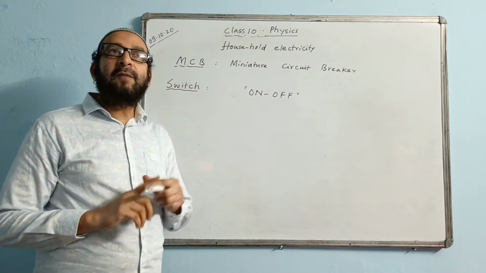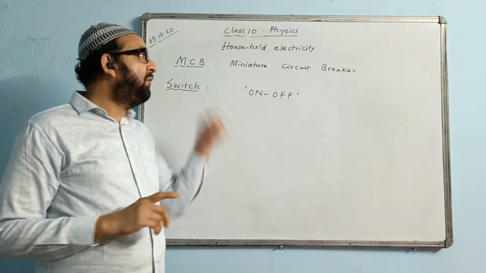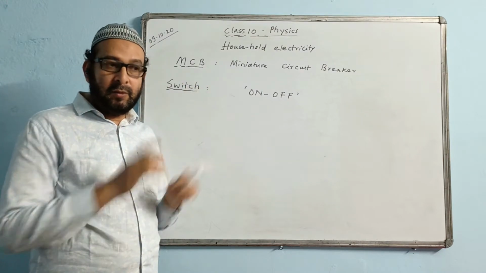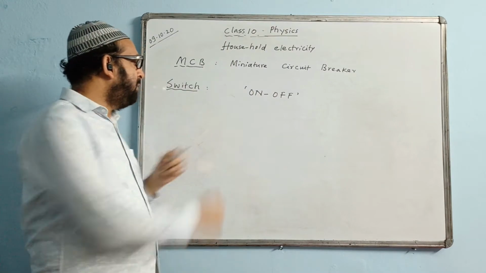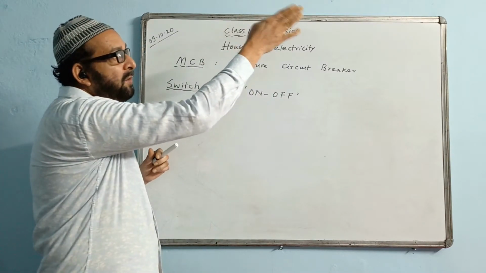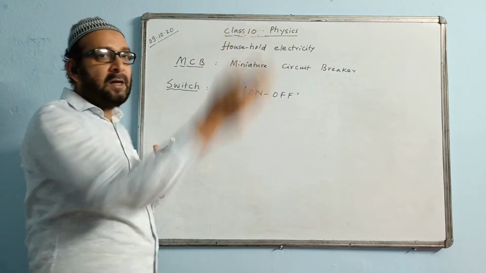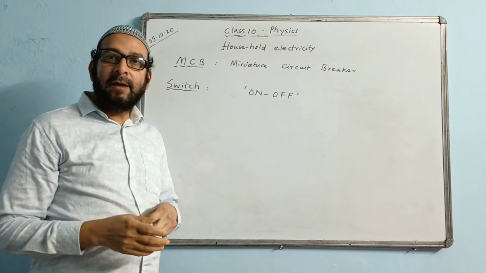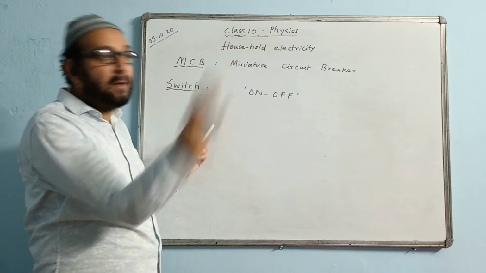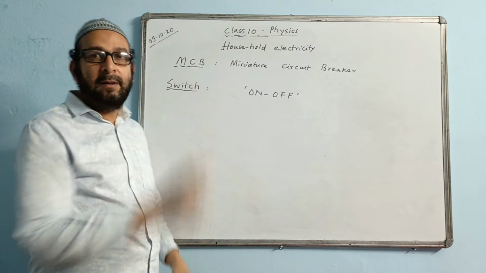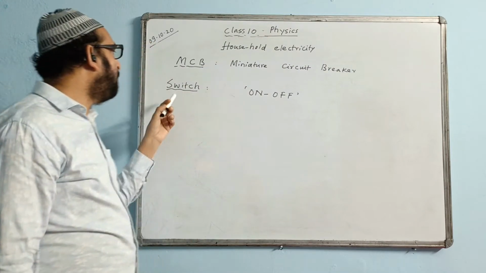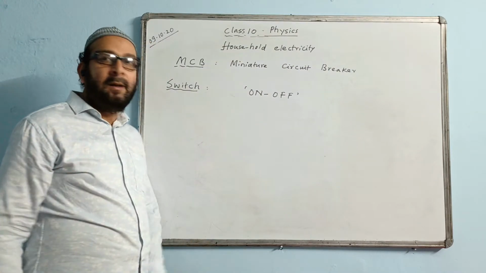So to which kind of wire is the switch connected? Switch, fuse and MCBs are connected only to the live wire, and also in series combination. Because when you switch on, the current will flow, reach the appliance, and the appliance starts working. You must not connect the switch to the neutral wire, because through the neutral wire the current will be coming out from the appliance. So these are the points you have to know about the switch.